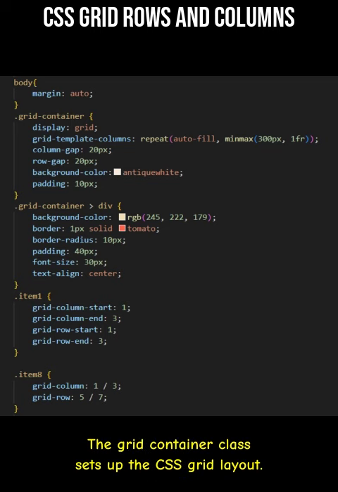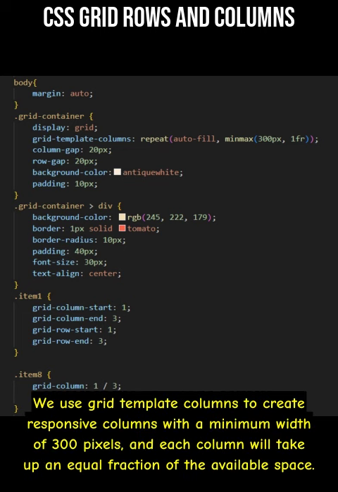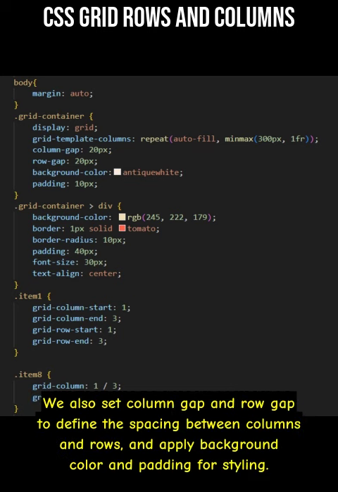The Grid Container class sets up the CSS Grid layout. We use grid-template-columns to create responsive columns with a minimum width of 300 pixels, and each column will take up an equal fraction of the available space. We also set column-gap and row-gap to define the spacing between columns and rows, and apply background color